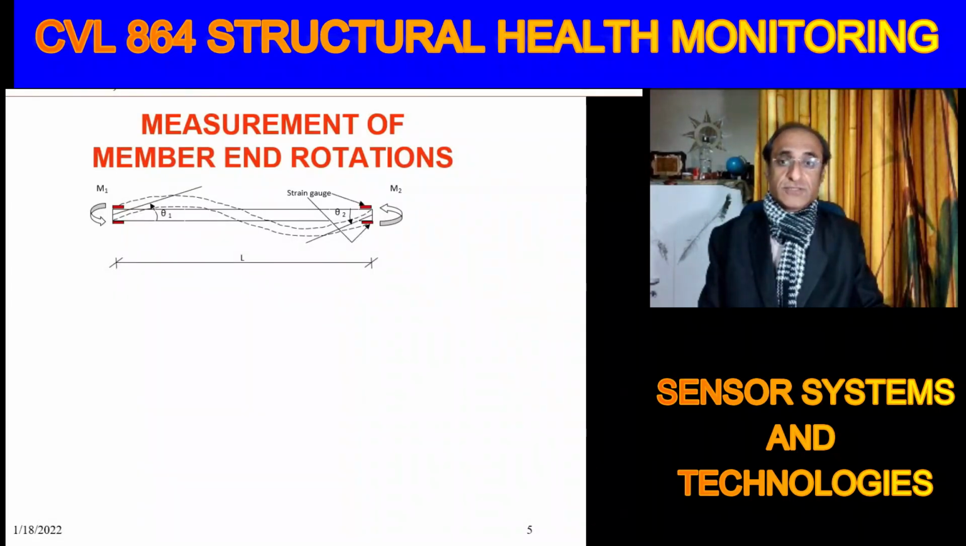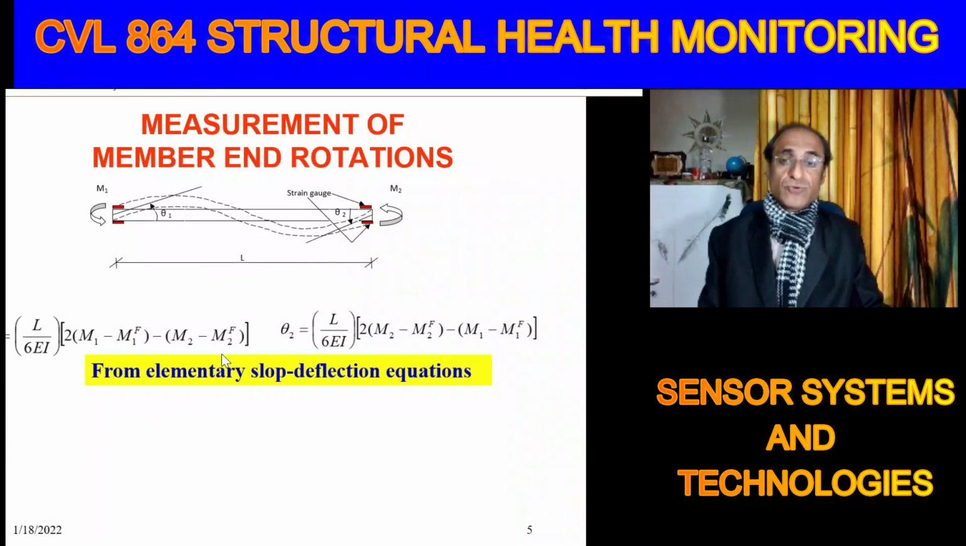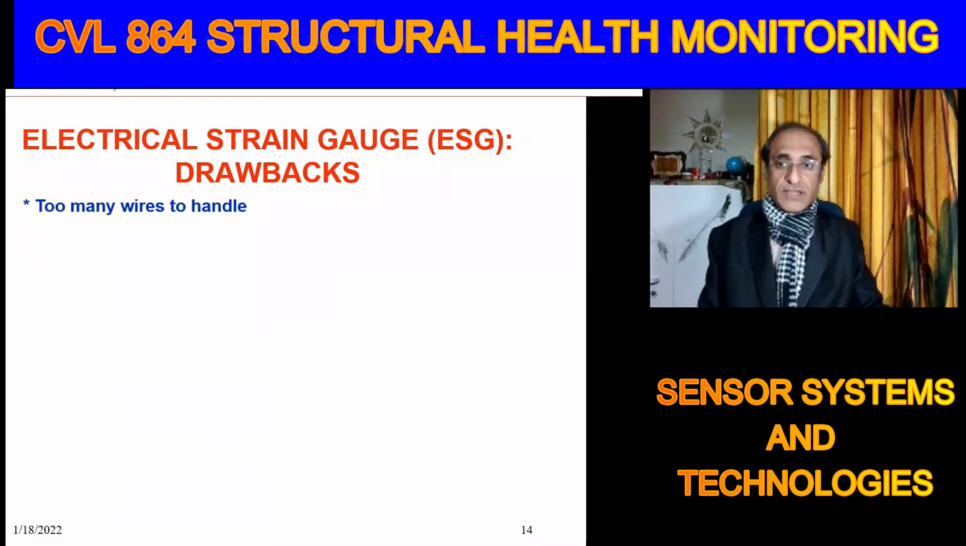If we use the simple slope deflection equations, then we can even estimate from the measurement the rotations, the end rotations. So this is also theoretically at least possible. So if we know the loading on the structure, and if we are able to estimate the fixed end moments, then we can obtain the end rotations. Yeah, so drawbacks are,